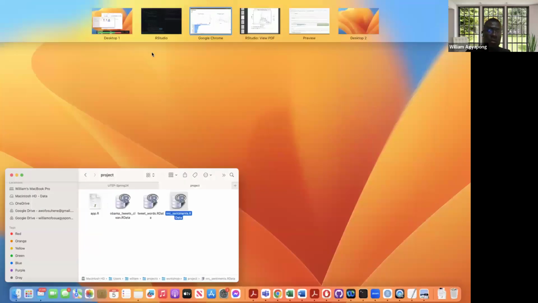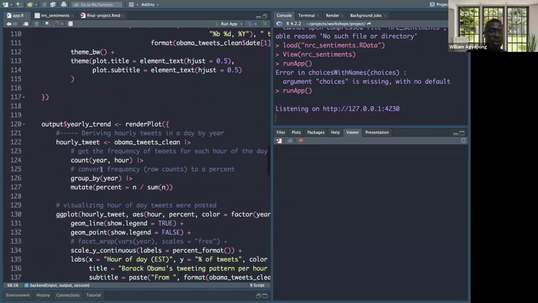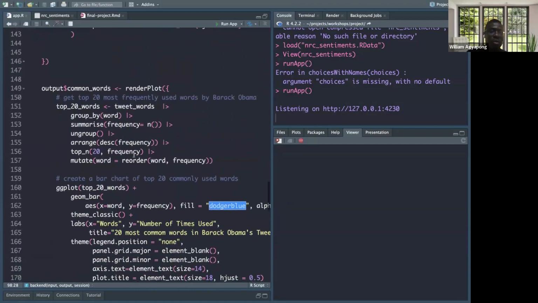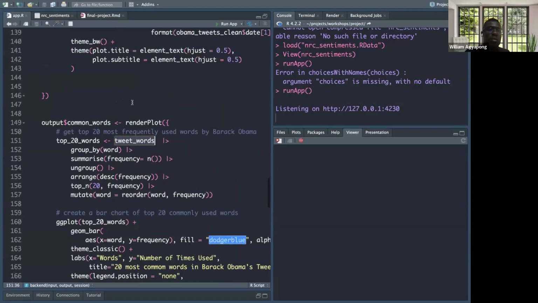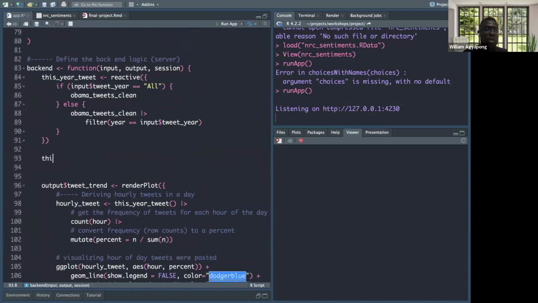You can do the same thing for the other plots as I wrap up. So you see how you just get the inputs, and we have made use of the year input. We can apply it to, let's say, even this words. Let's say by default, it is showing. So the same thing, what do we have to do? We have to do one for the tweet words. Okay, so you just come up here, create a reactive expression, and we can call this tweet